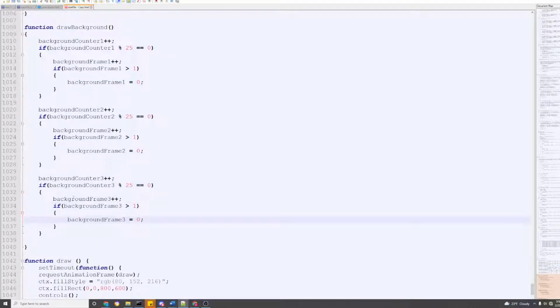Now the only thing we need to change at this point is this number right here. We want to change them to different speeds, so we'll just say that this one's 32 and this one is going to be 37. All right. Okay, and so now what we want to do is